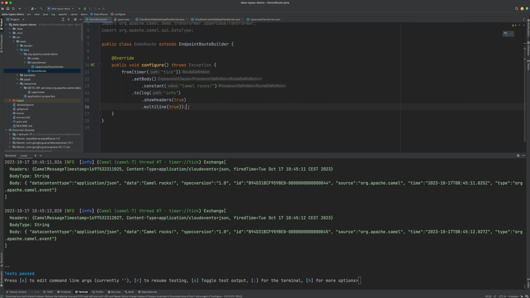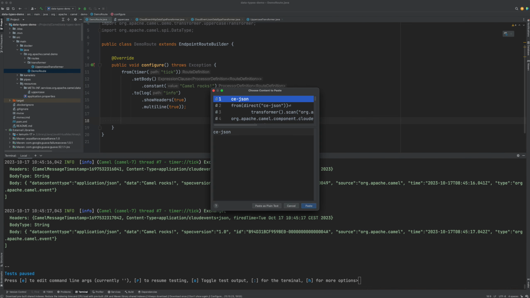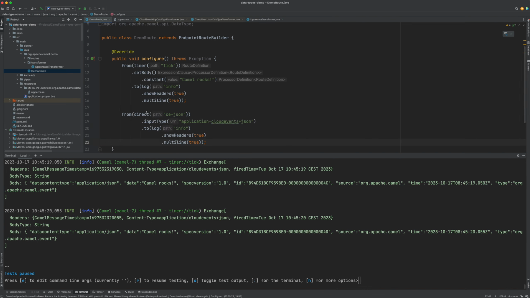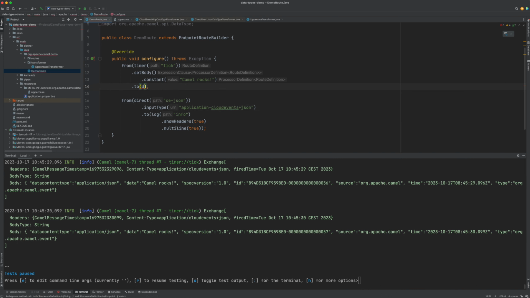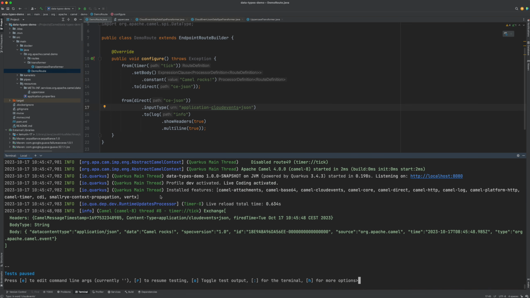Instead of this, you can also declare a so-called input type. Let me just use this. So this route in here, it declares an input type of application cloud events JSON, so that every call to this route will actually use this specific input type. If I now change this to CE minus JSON, then this route is calling the direct endpoint on this route, and now the input type of application cloud events JSON is automatically applied to all the calls on this route,